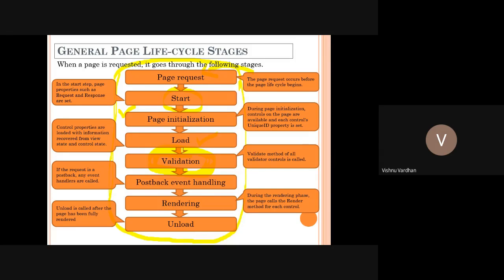Suppose at first you are selecting a radio button, then after some time you are selecting some drop down list, then after some time you are entering some text in a text box. So this information is entirely filled up. Then after submitting, this information is posted to the server. But after processing by the server, if any error is there, the same page with all that information is sent back to you again. That happens automatically, and you have to maintain that state.